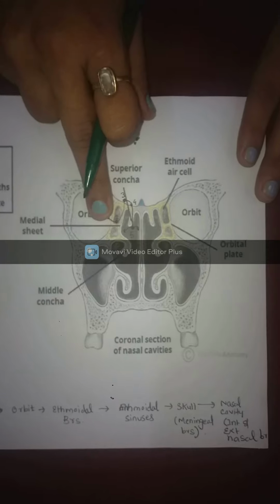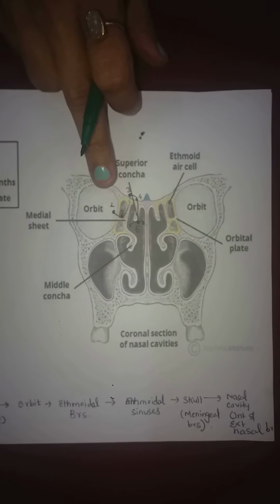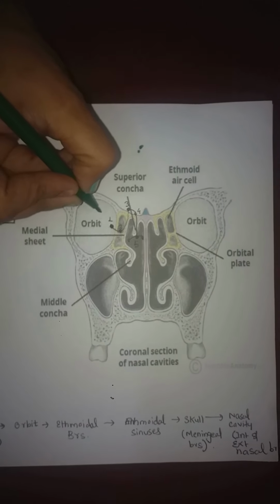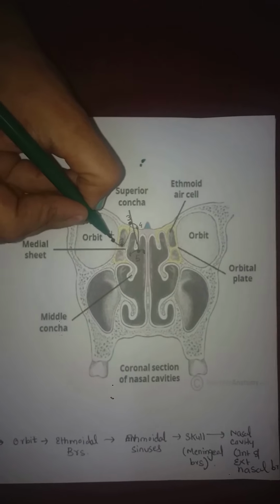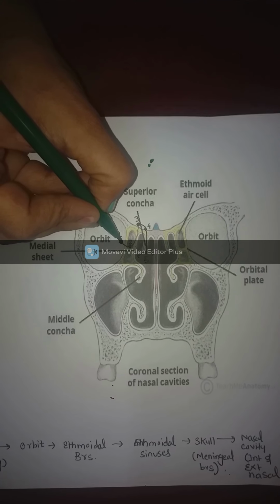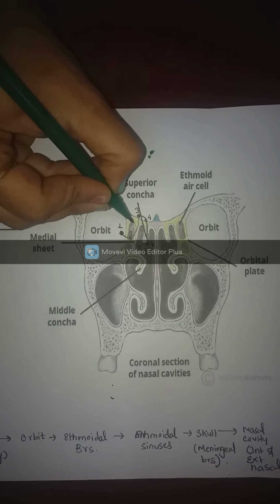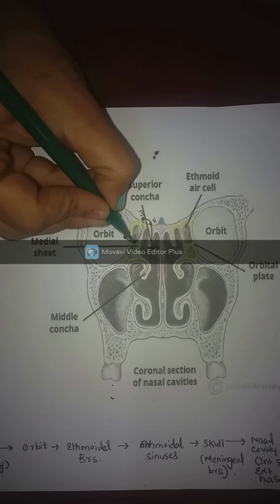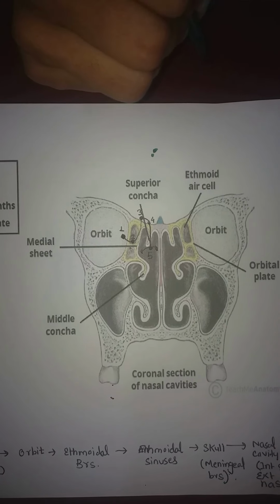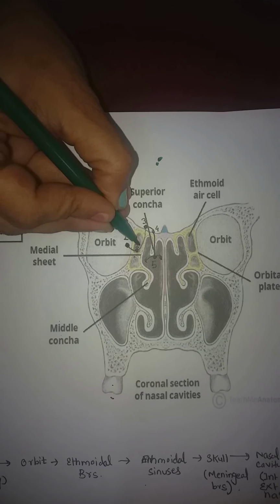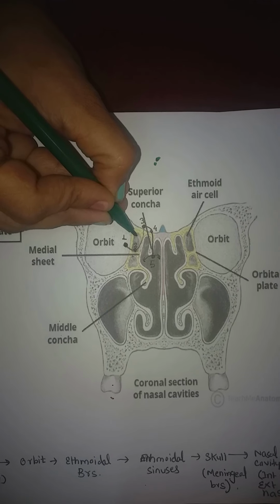See this picture. Now this is the coronal section. Okay, here we realize that the story began in the orbit where the anterior ethmoidal nerve passes through a foramen, and now as it will enter medially, it will land up in the ethmoidal paranasal sinuses. Okay, so they will give a branch to the ethmoidal paranasal sinuses.